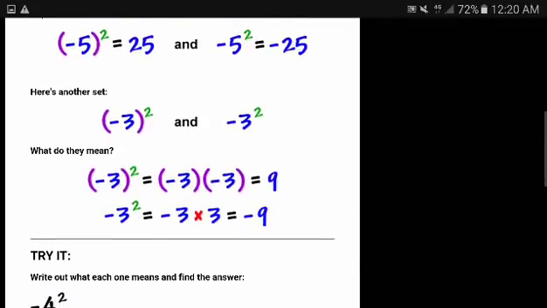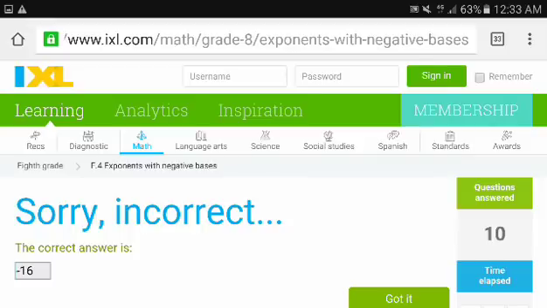Here is another set. Negative 3, nasa loob lahat sila ng parenthesis, tsaka siya ni-raise ng 2, and negative 3 raised to 2. What do they mean? Yung isang nasa loob ng parenthesis, lahat sila, yung negative at saka yung 3. So, negative 3 times negative 3 equals 9. Well, the other one, yung negative nasa front lang. Then, 3 times 3 equals 9. Tapos, kopyahin si negative. So, the answer is negative 9 kapag walang parenthesis. Pati yung exponent, nasa loob sila lahat ng parenthesis, pareho lang yan. Pasukin natin itong